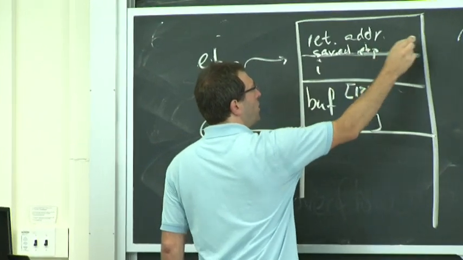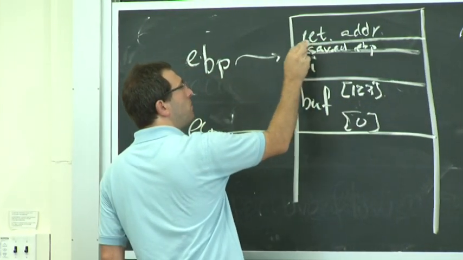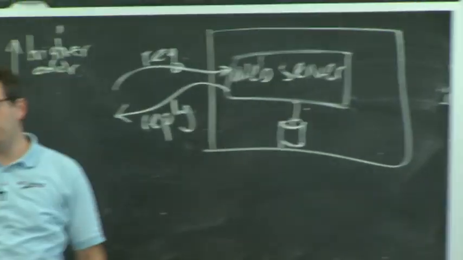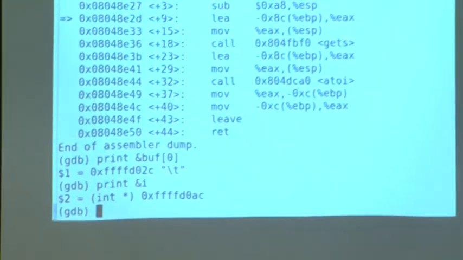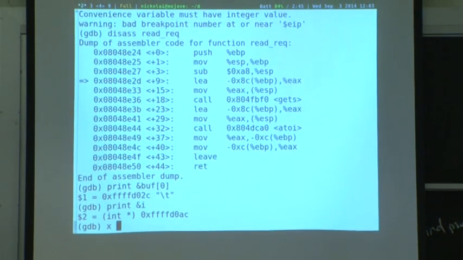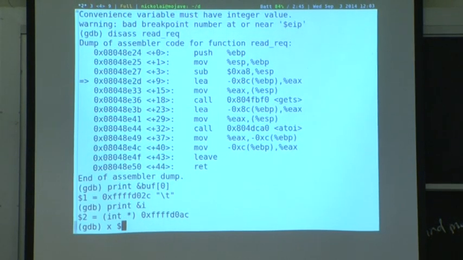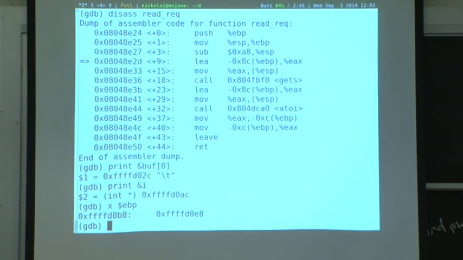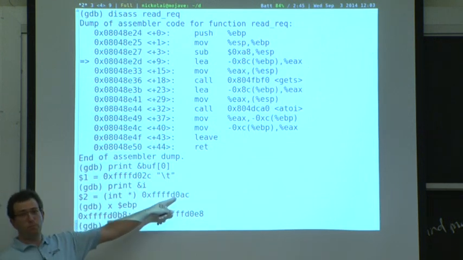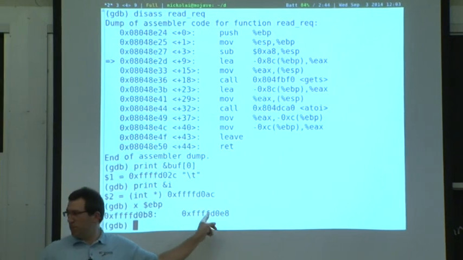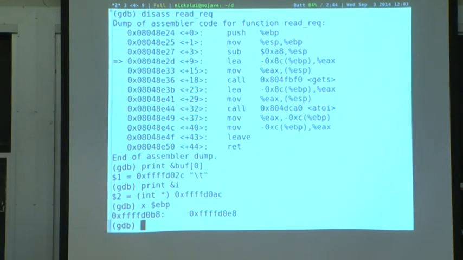It's a separate location, after all the variables, but before the return address. And this is the thing that's being saved by those first couple of instructions at the top. In GDB, you can say, examine x some value. So the EBP pointer value, the location on the stack, is D0B8. Indeed, it's above even the I variable. And it has some other value that happens to be the EBP before this function was called.